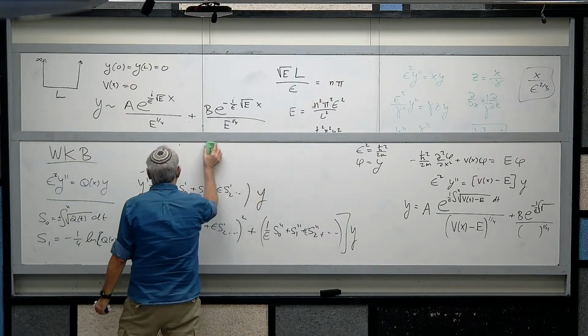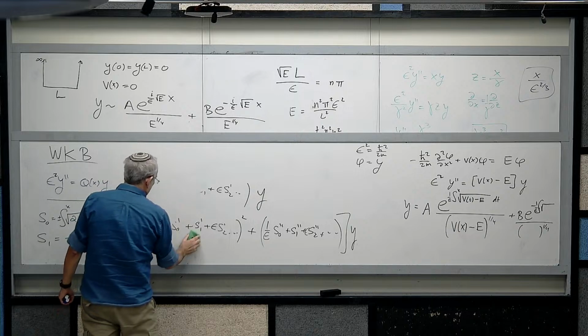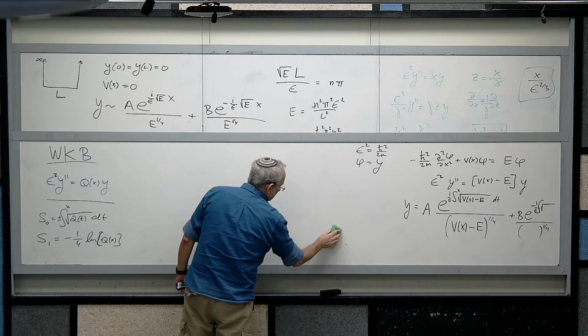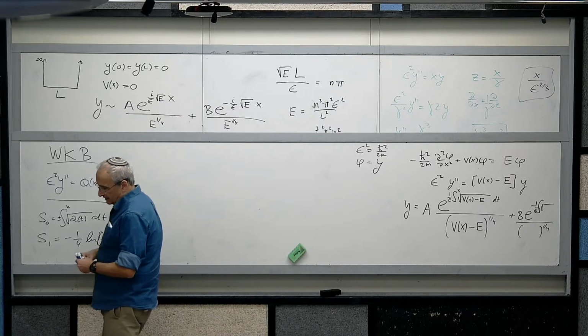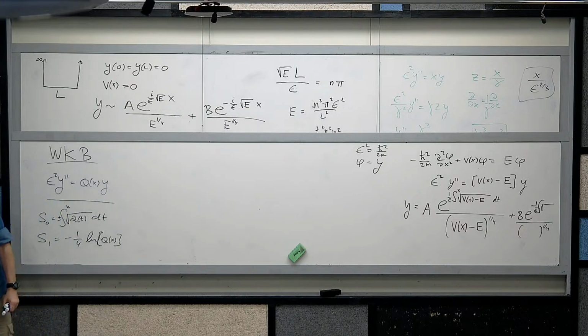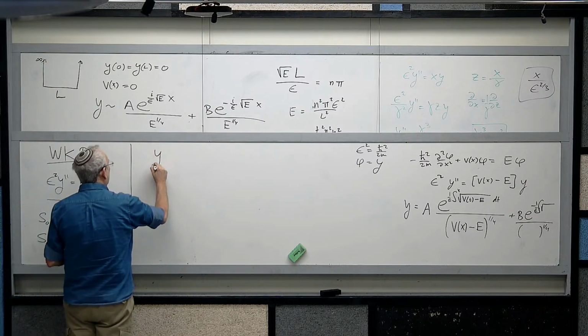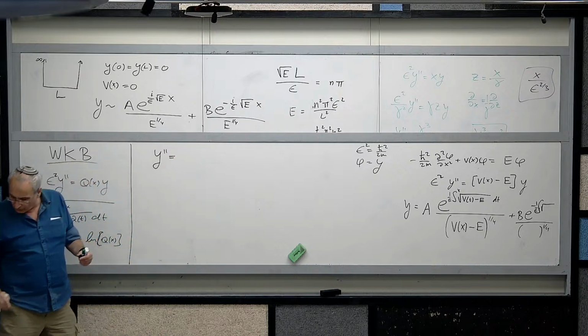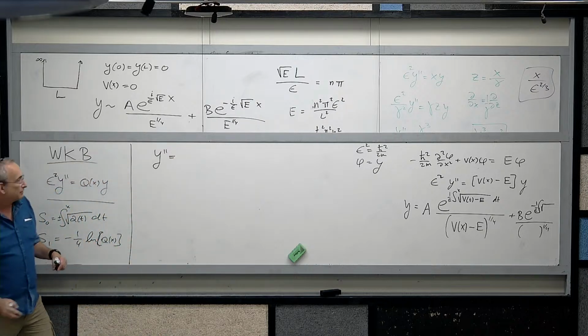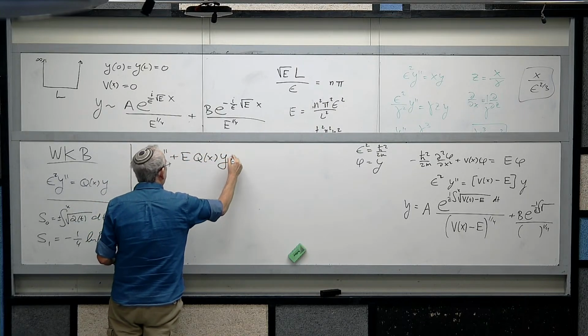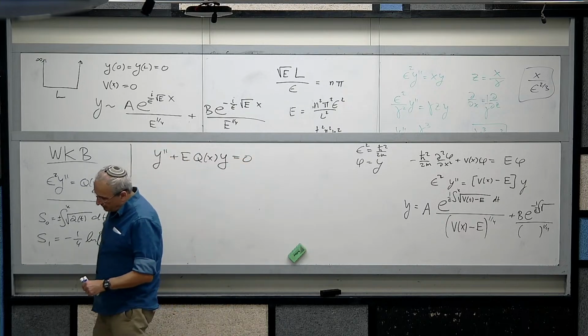we are going to deal generically with any regular Sturm-Liouville problem. So what is a Sturm-Liouville problem? A Sturm-Liouville problem is a problem of the form y double prime, wait a moment, plus y double prime plus e times q of x times y equals 0 with the boundary condition